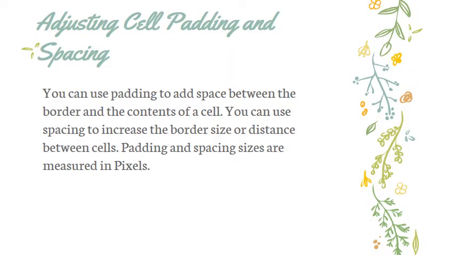Next is adjusting cell padding and spacing. You can use padding to add space between the border and the content of a cell. You can use spacing to increase the border size or distance between cells. Padding and spacing sizes are measured in pixels. And to use,